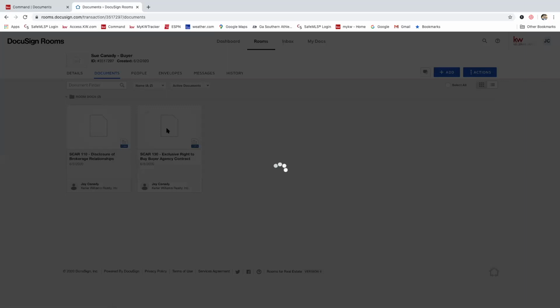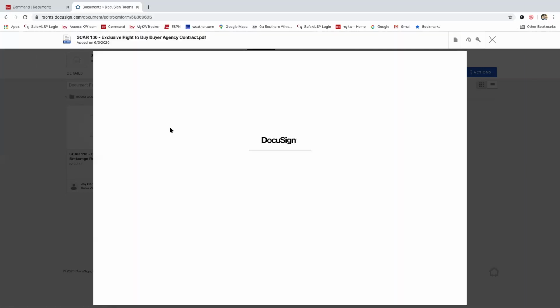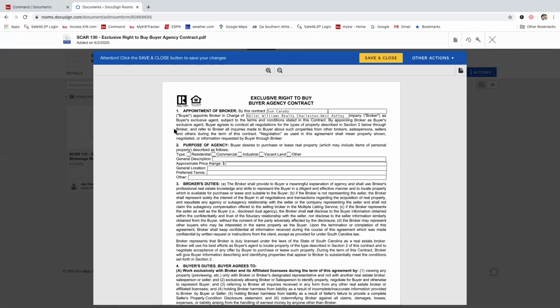And some of that information should be auto-filled based on what we've put in. So when we click on that for it to pull up, it's going to pull up the client's name in box 1, the brokerage name in box 3, and then down here, you're going to need to fill out section 2. So, you know, general description,